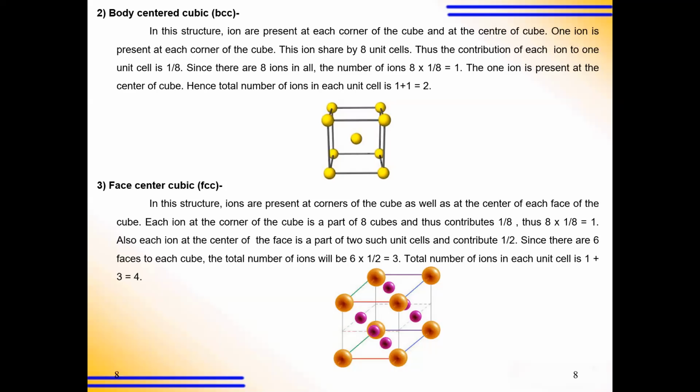तर 4 कसे? तर 8 कॉर्नर्सला 8 आहे, ते शेअरिंग करतात 8 unit cells la. So 8 into 1 by 8 is equal to 1, and at the faces, each face has 1 ion, and it is shared by 2 faces, and therefore because of 2 unit cells, it is divided by 2, so 1 by 2, एक दोन मध्ये हे होतोय, त्यामुळे तो 1 by 2, आणि नंबर ऑफ आयन्स किती आहे? तर 6 आहे फेसेसला. तर 6 into 1 by 2, it is 3. So 1 plus 3 is equal to 4. म्हणजे फेस सेंटर क्यूबिक मध्ये 4 आयन्स कॉन्ट्रीब्युशन्स होतात.